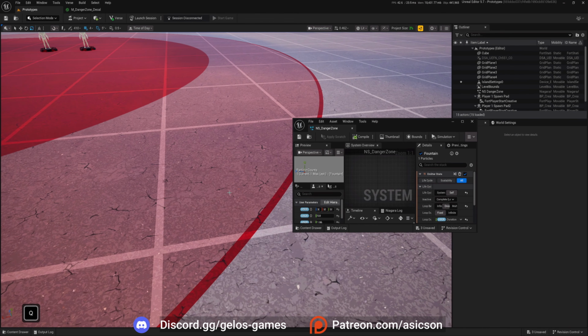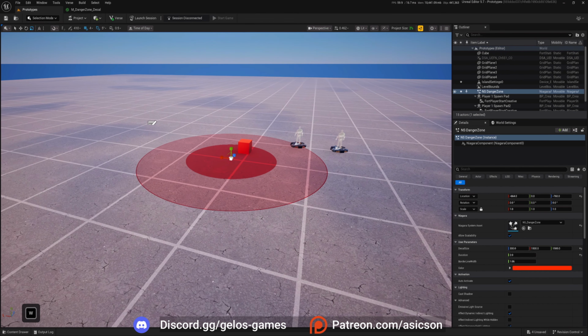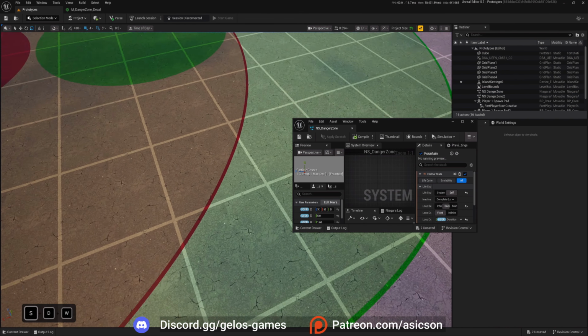Hi, in this video you will learn how to create this type of danger zone VFX where you can control